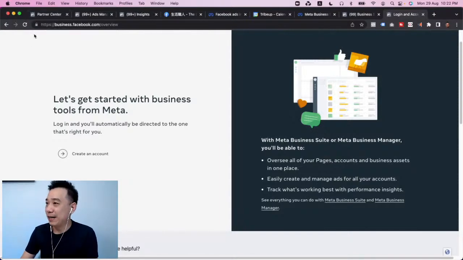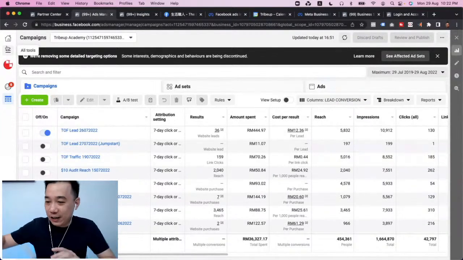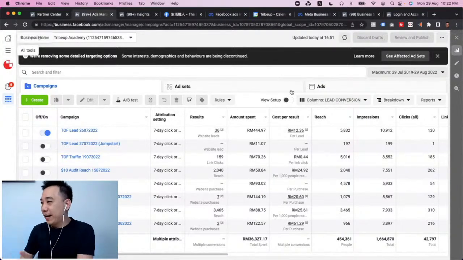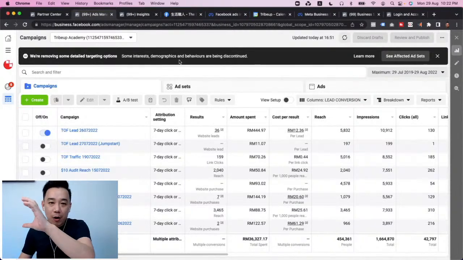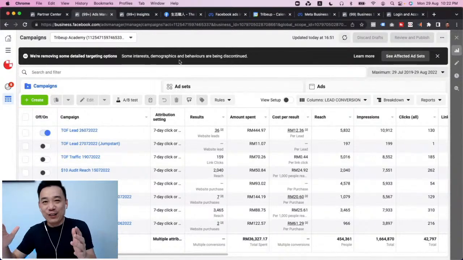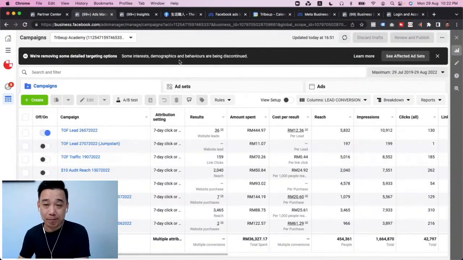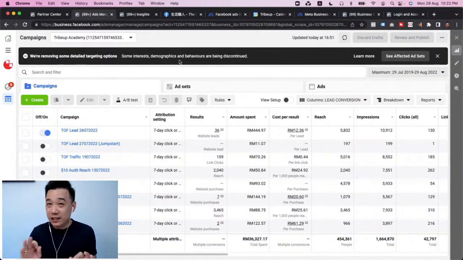Say, for example, we come into the ads manager over here. It's a lot easier to navigate. So this is the ads manager. When you're disabled, you will probably see a big red banner on the top saying that you're disabled. You can't run ads. Please go to the next step. They always give you some buttons to click to go to the next step. Trust me, Facebook is not that cruel. They always give you a solution.